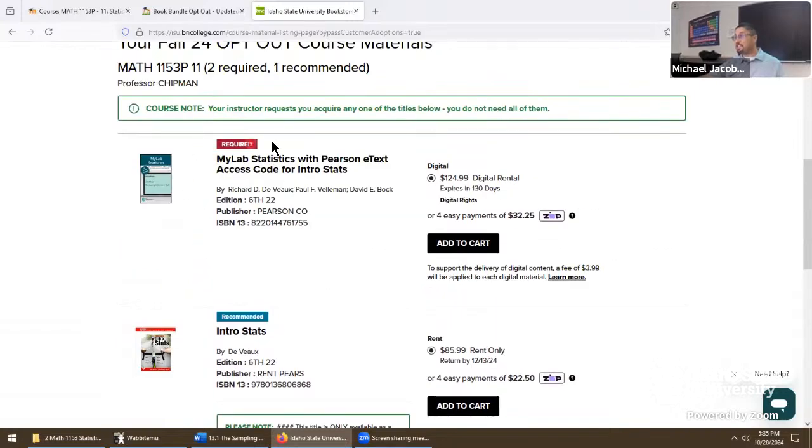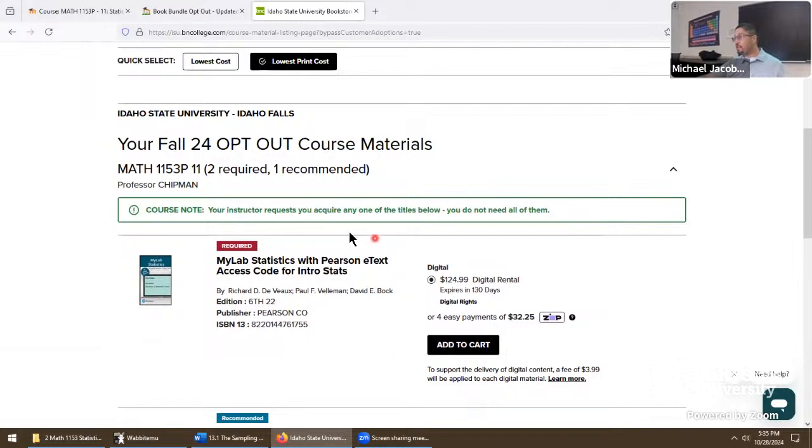But what we know for sure is this is the one that gives you back your access to your course materials, my lab and the e-text, if you lost access to that. Not everybody did, which is really weird. This one is if you want an actual, well, I'm really not sure what this is for. You're going to rent it only. It looks like it's probably a hard copy, potentially a virtual copy, but this is not going to help us out at all. We have to go for this option right here.